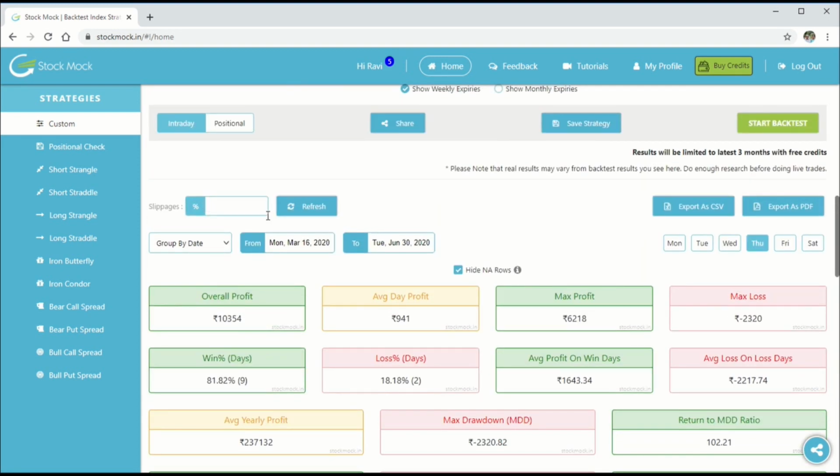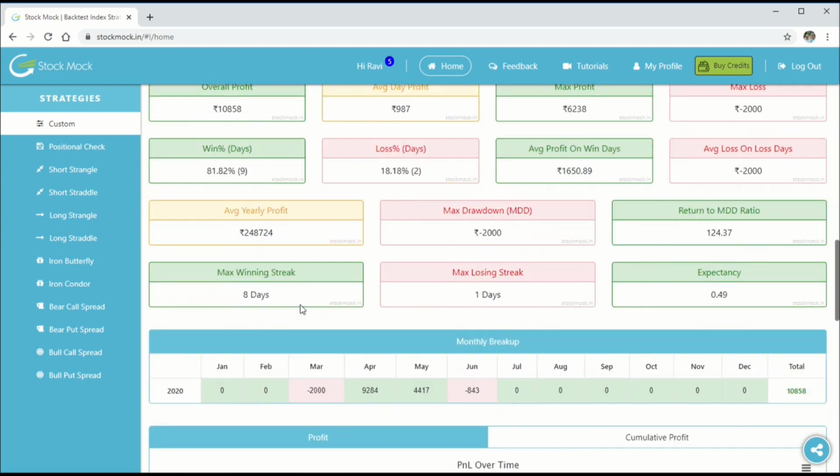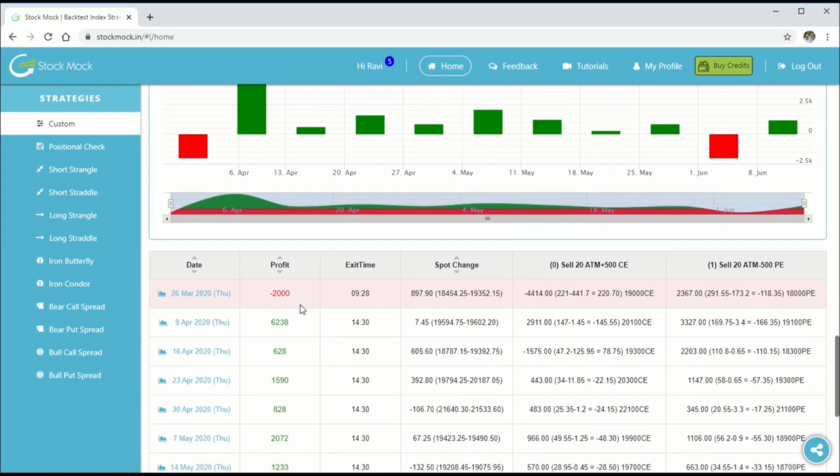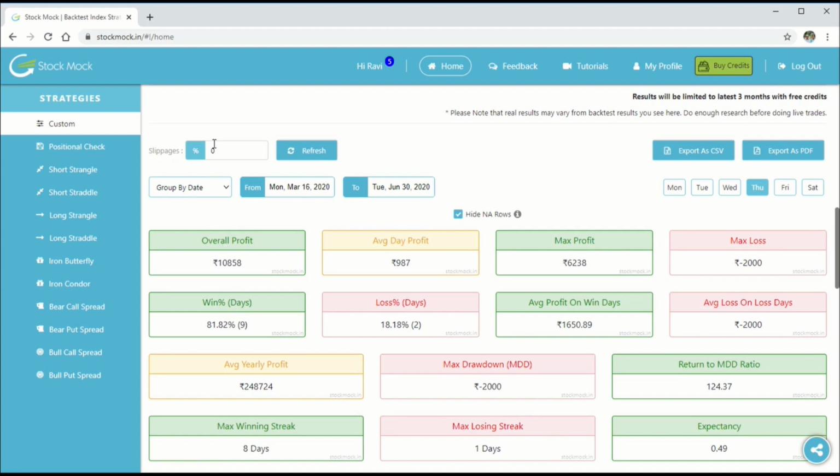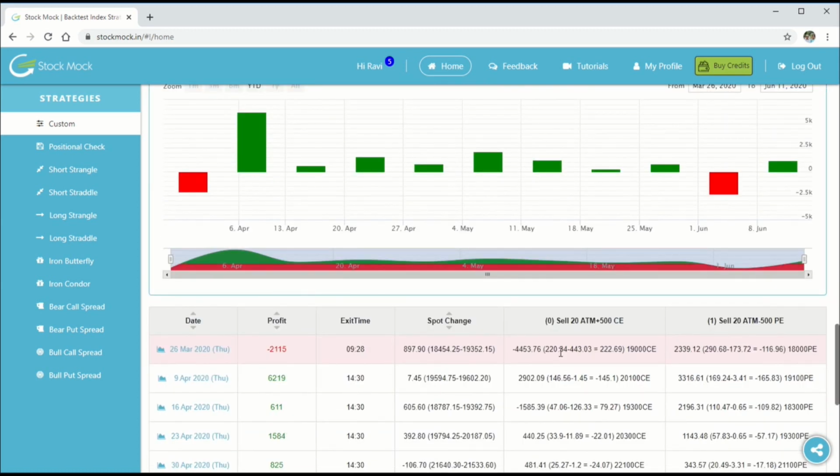Again, let me reiterate how slippages are calculated, right? You have an entry here, you have an exit here. There are two transactions here. So when you have a 0.3% slippage, as you can see here, both the numbers have changed, and in which direction the numbers change is the next question.